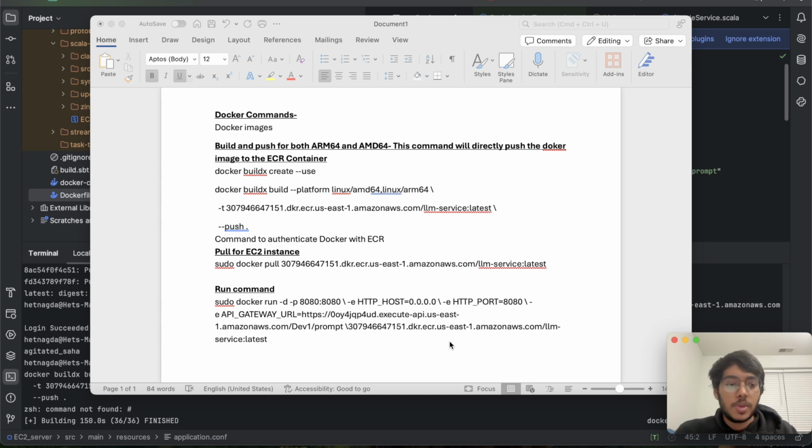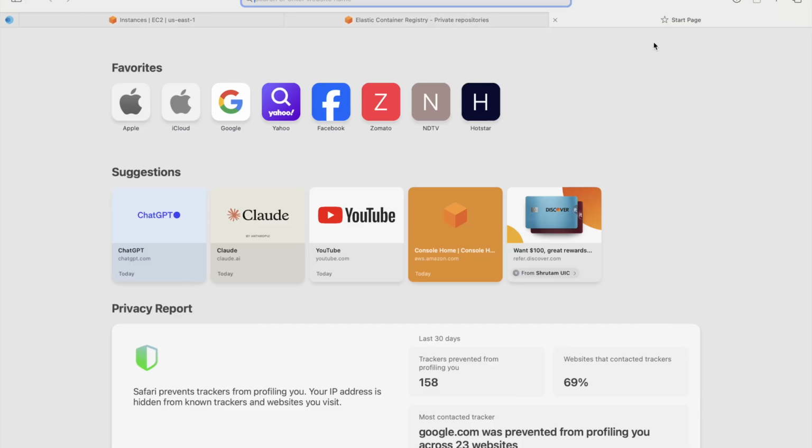So over here I would be just deploying the EC2 instance using Docker. These are the Docker commands which I have used. The prerequisite for using Docker is that you need to install Docker Desktop over the internet, which you can directly do from